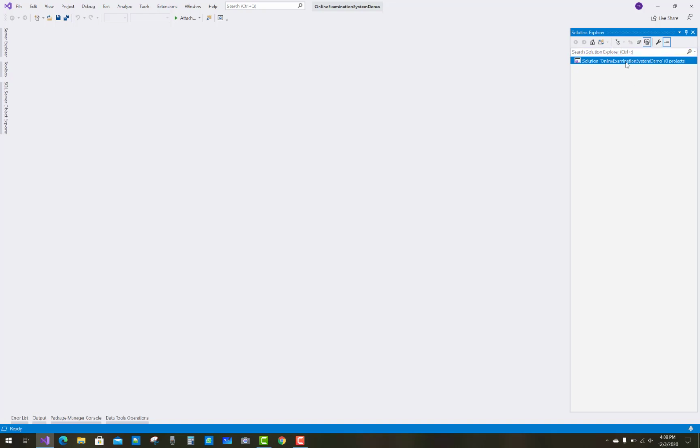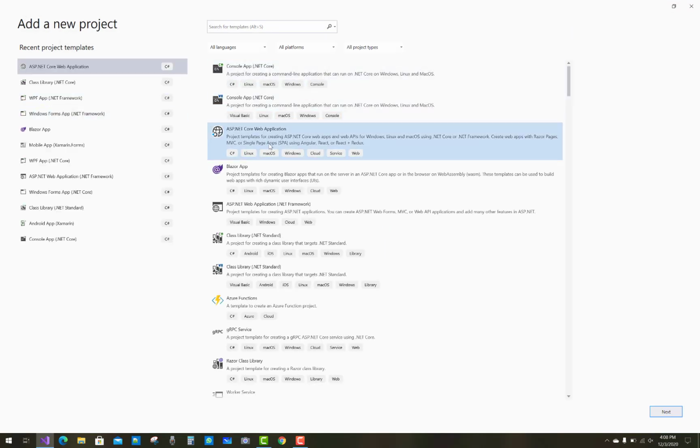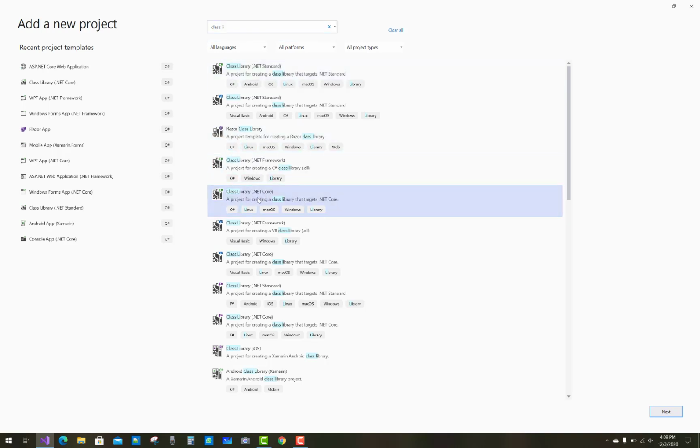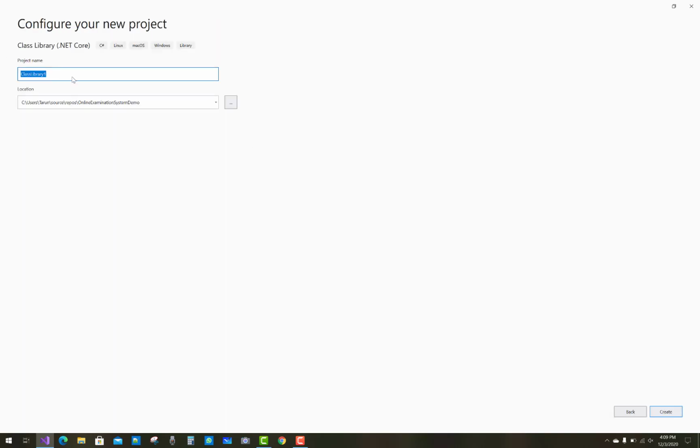First of all, add a new project, that is the data access layer, a .NET Core class library project, class library .NET Standard, not the Razor one. Here it is .NET Core, and name it online examination data access layer.